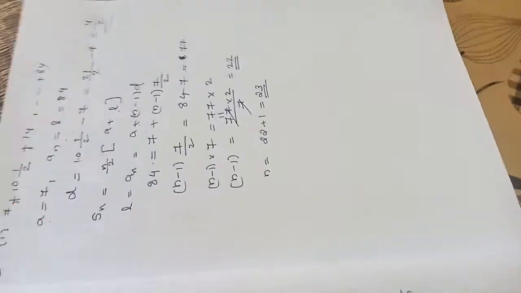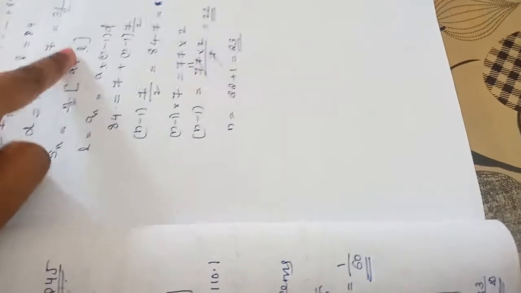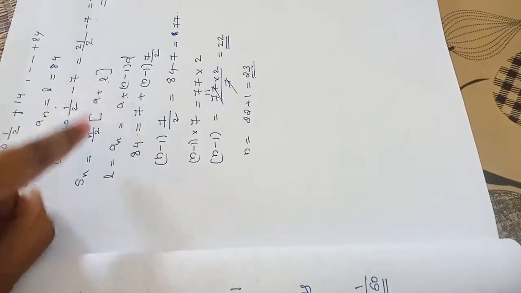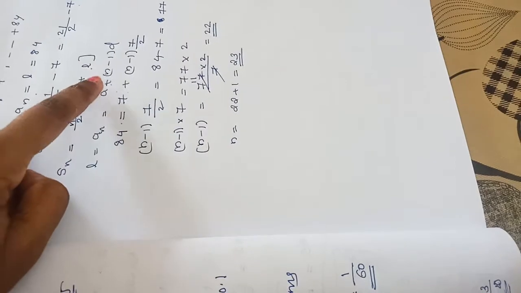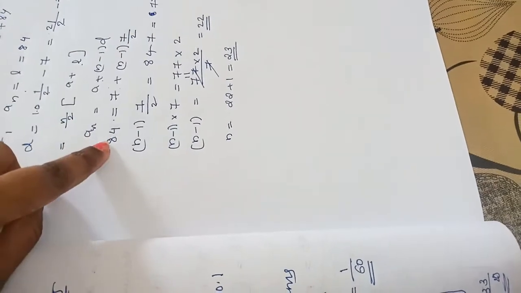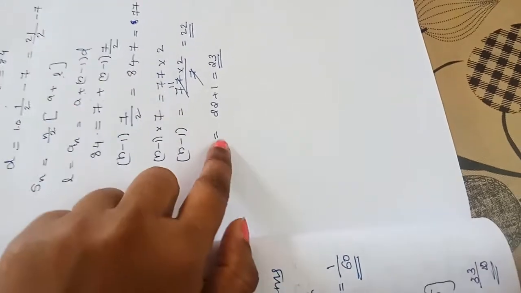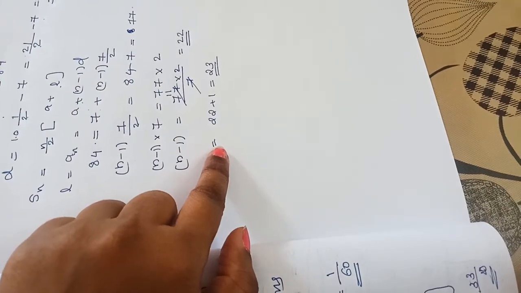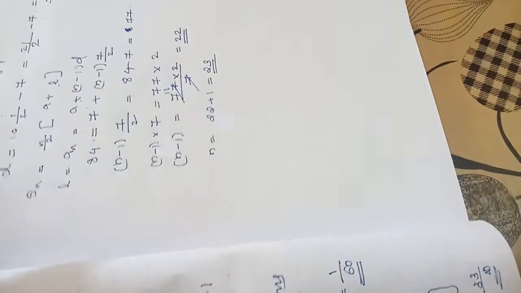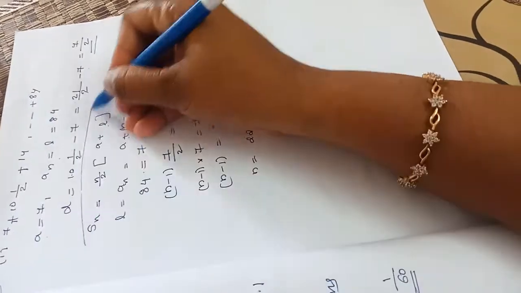By using this, L is equal to an, this is the second equation. So L is equal to an, A plus n minus 1 into D. Here we have an as 84. I am substituting the values of A and D, then finding n here. This type of problem we have solved in the previous exercise. Okay, now we got n is equal to 23. So if you are getting n is equal to 23, then you can apply this equation.